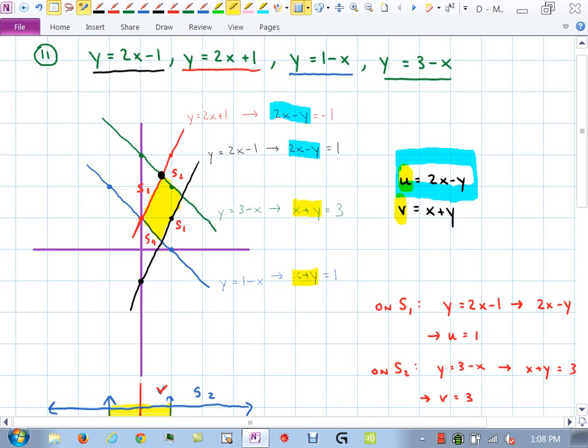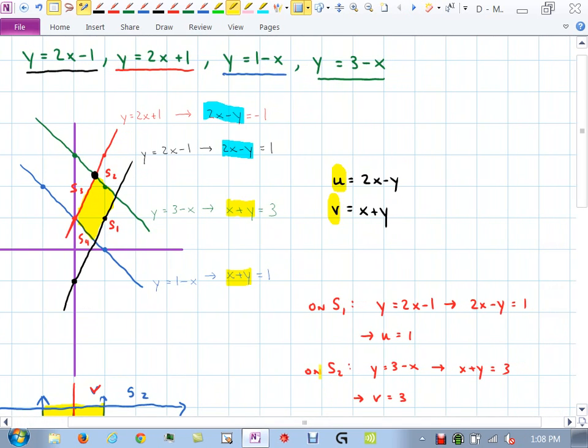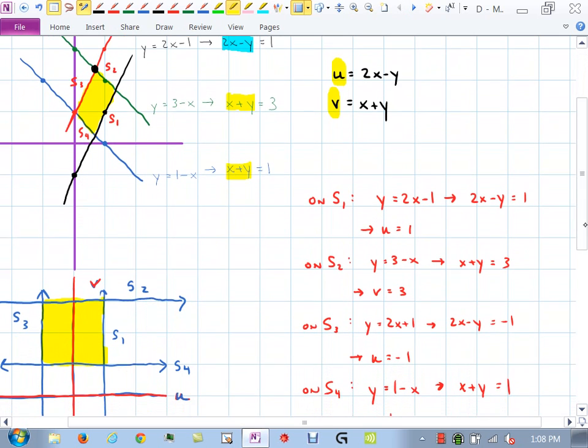U is equal to 2x minus y, v is equal to x plus y, and then I go on to say what happens on S1. So on S1, we're right here. On S1, 2x minus y equals 1. But wait a minute, 2x minus y is u. So u is equal to 1. Therefore, the image of S1 through this transformation is u equals 1, which is